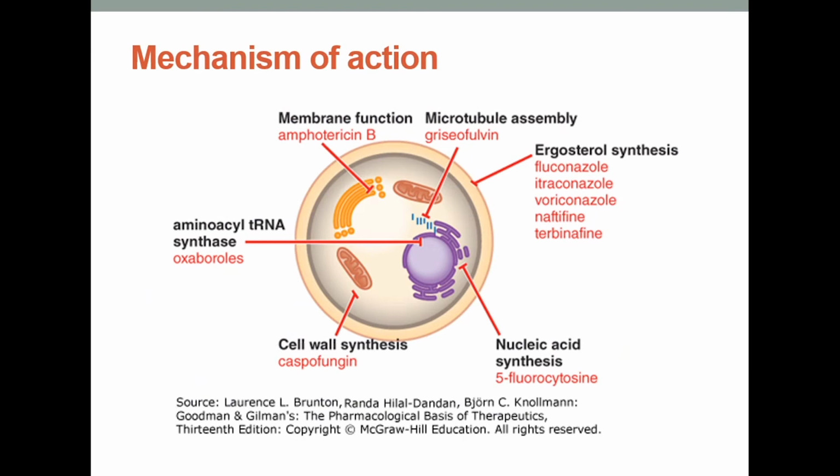Just to give a brief idea about mechanisms of action. Our drugs can act on the cell wall, for example caspofungin and micafungin, as well as the cell membrane, inhibiting ergosterol, a molecule unique to fungi. The groups are azoles: imidazoles like ketoconazole, and triazoles like fluconazole and itraconazole. Both are fungistatic most of the time, but at high doses they could be fungicidal even. All this group acts on the cytochrome P450 system, but imidazoles and triazoles have different inhibitory effects on P450. Other drugs in this group are allylamines like terbinafine and ciclopirox olamine, as well as other drugs like nystatin